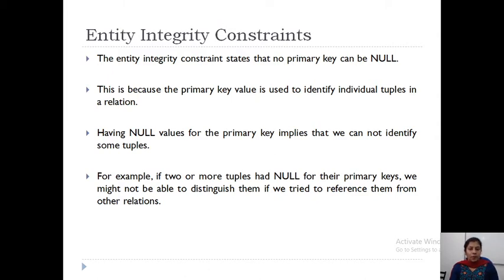As I said, employee PAN number or employee passport: all employees may not have a PAN number or a passport, so we'll keep null values. Now, how will you identify the individual tuples using employee PAN or employee passport? It is not possible. That's why it says no primary key can be null. If it has null, I cannot identify the individual tuples.